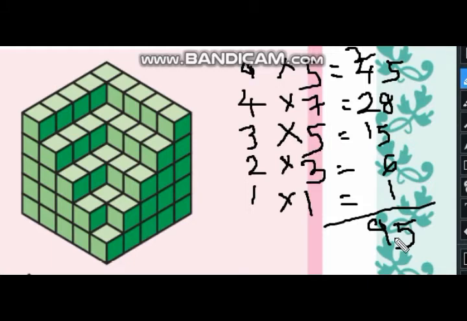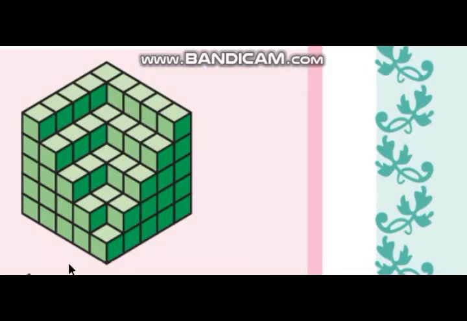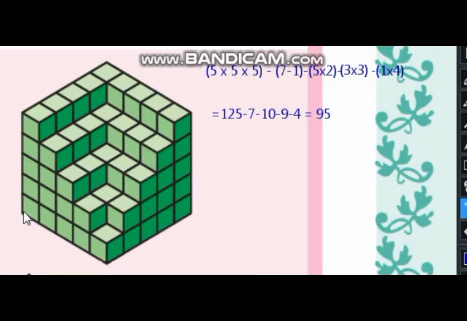95. Students, you can count the cubes in another way also, but this is easier, that is why I have shown you this method. Other methods also I am showing you. Here is another way to count the total cubes of this model. First you have to imagine how many cubes we need to complete this model to make a full cube. If you see here, there are 1, 2, 3, 4, 5.